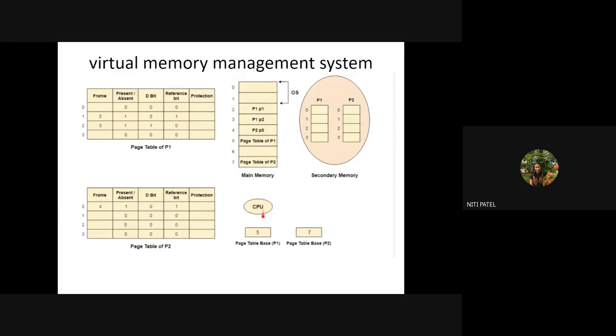So what was happening until now? The CPU was generating the page number and offset. But now the CPU will not generate the page number and offset. It will directly go into the main memory and try to search for the page table. Once the page table is found, only then will it get the details of the respective processes. Until it gets the page table, even searching the memory will not give it the information of the pages. Okay, so can you see here the CPU is storing 5 and 7. What is that 5? 5 is nothing but the information of the page table with respect to P1, and what is 7? Information of the page table with respect to process P2.